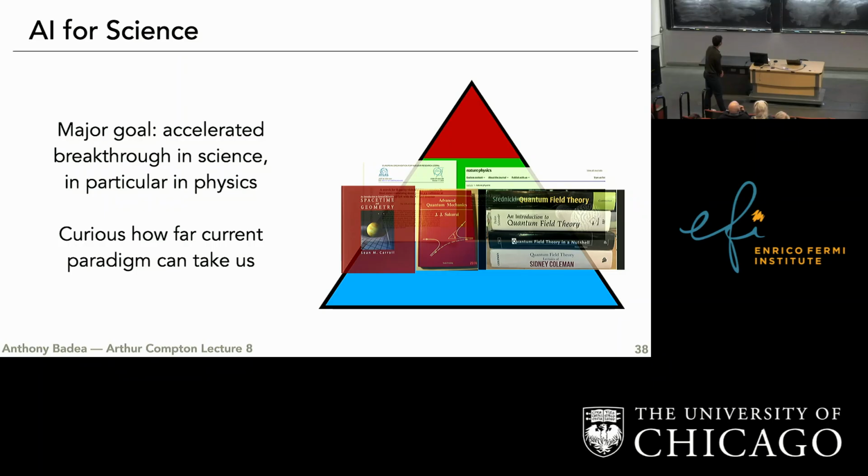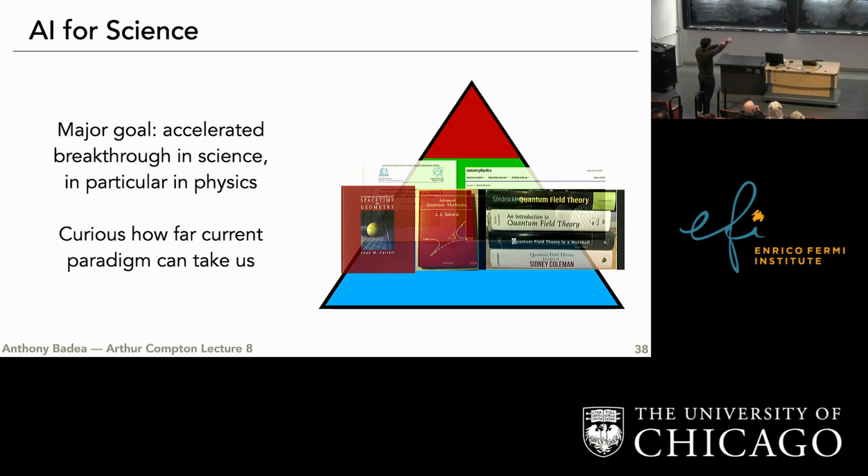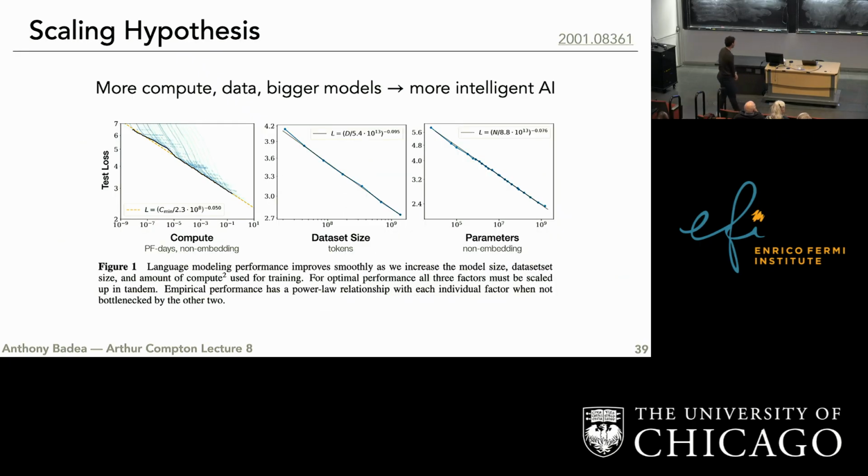But right, so the thing I wanted to mention here is the current paradigm. The question in my head is just how far it can take us. And for reference, the paradigm, I'm not sure if people have seen these things, but roughly what's happening right now is this so-called scaling hypothesis. It's kind of a simple idea, but was actually demonstrated in this paper from a while ago, actually by one of the people I put the quotes up for.